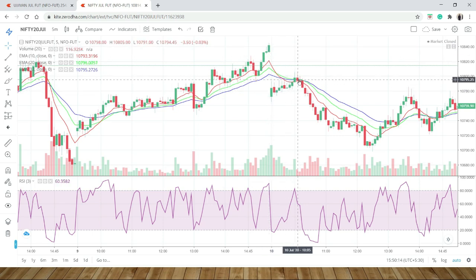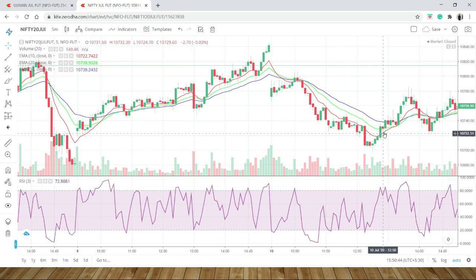Then you can see the next day it is gap down, the EMAs are changing, and the 10 EMA, 20 EMA, 30 EMA are in RGB form, meaning this is a downtrend. So in a downtrend we have to check when the RSI reaches 80. Over here you can see the RSI is not touching 80 anywhere, but in this candle RSI is touching 18, but we place our stop loss since that trade is activated around 10,730 and my stop loss is around 60.